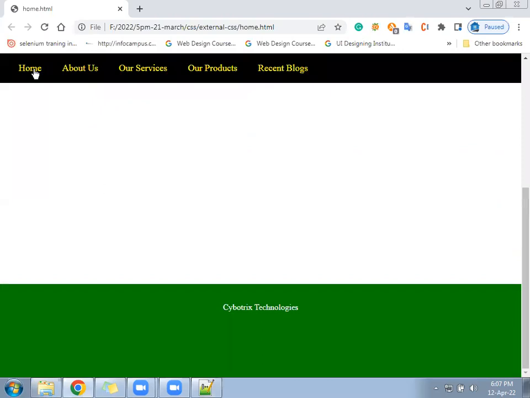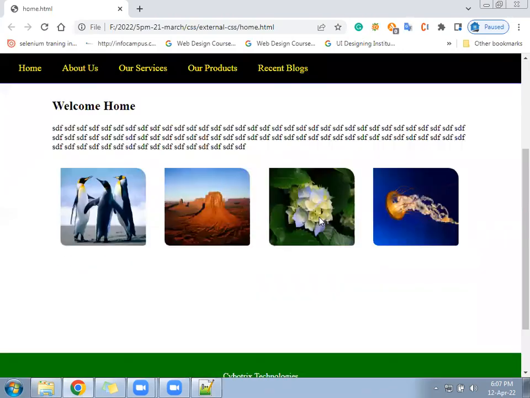Four photos should fit in one line. Perfect like this. See the corner? The curve is a little design.